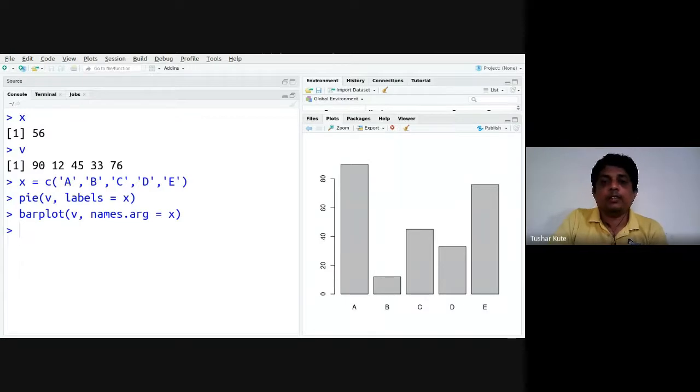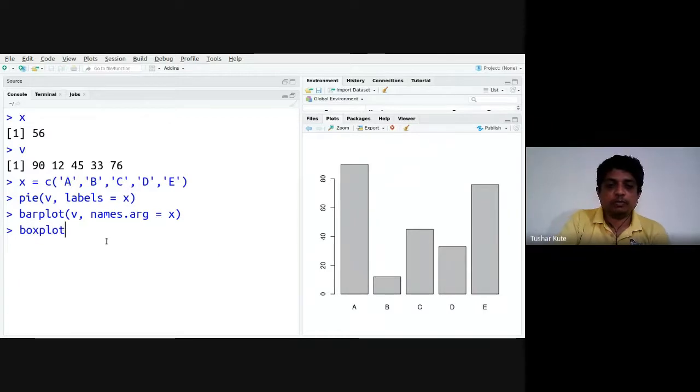So again, comparison of different kinds of data can be done with the help of a bar plot. The next one is the box plot. A box plot shows the data in a box. It's like a data distribution format. Range, lowest to maximum, center, all this kind of data can be shown with the box plot.